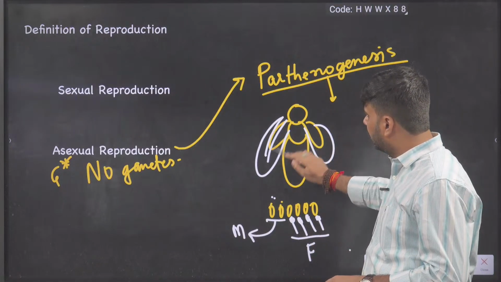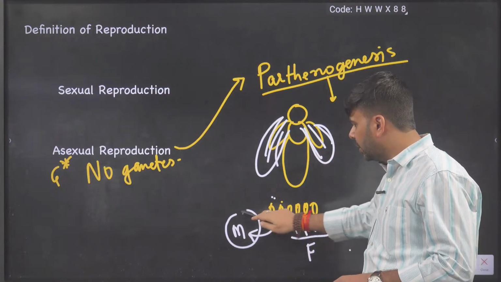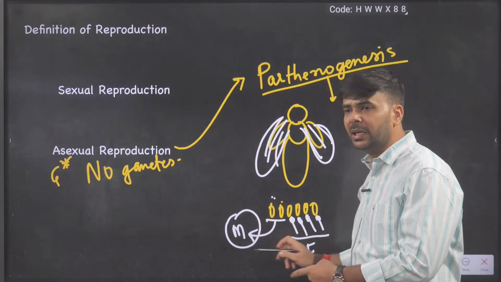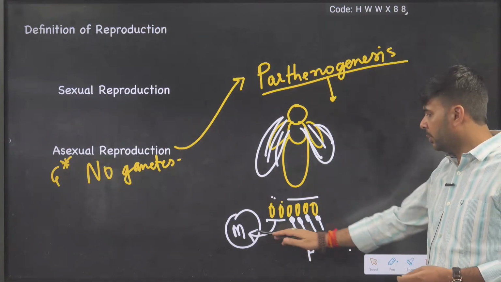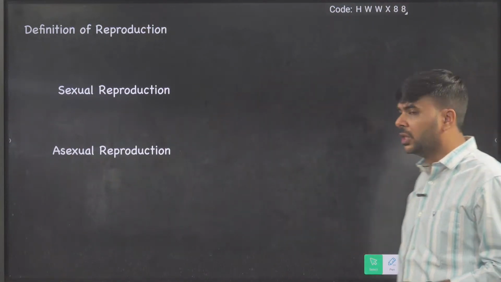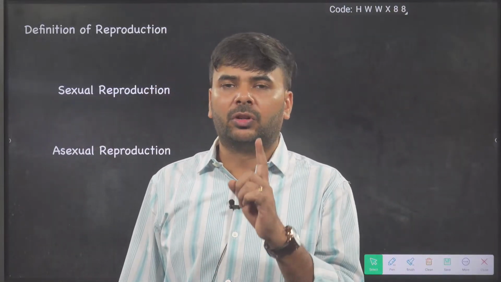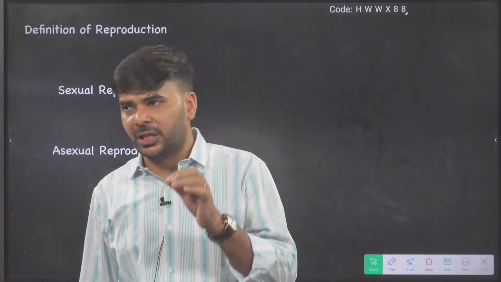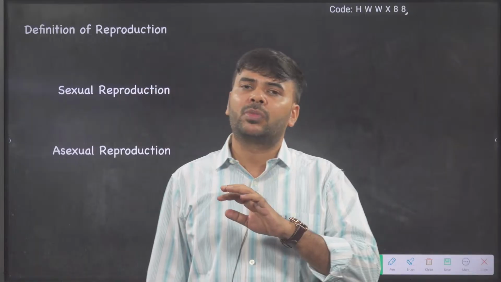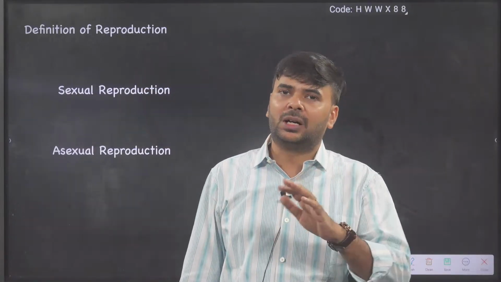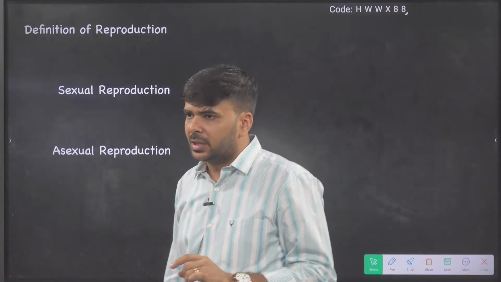Okay. The queen butterfly lays eggs that are not fertilized, and unfertilized eggs are converted into male. Fertilized eggs are converted into female. I think the meaning is clear. So here males are parthenogenetically formed without fertilization. So a single mother, or single parent, is involved. So it is asexual reproduction, but not quite, because here a gamete is involved. You can't say that gamete is not involved. Gamete is involved. Yes, it is an example.